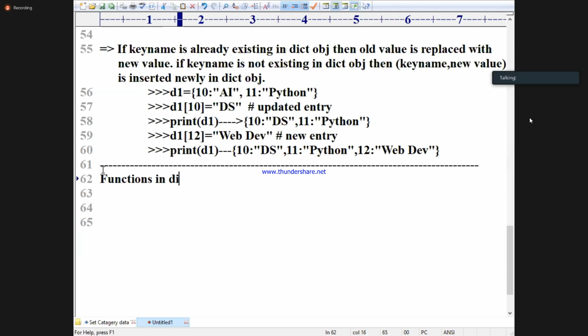Functions in dict. What are the functions in list?